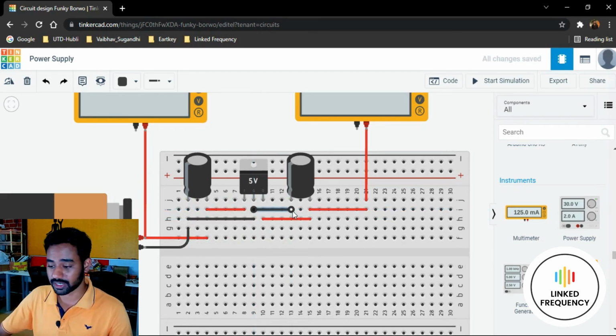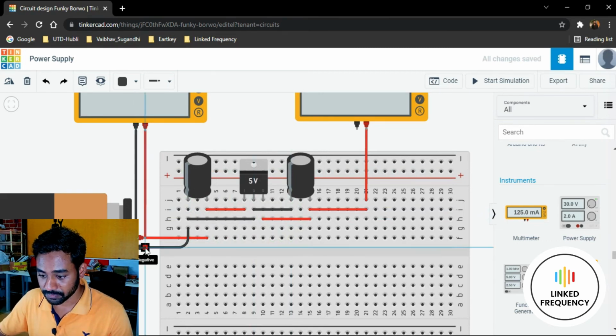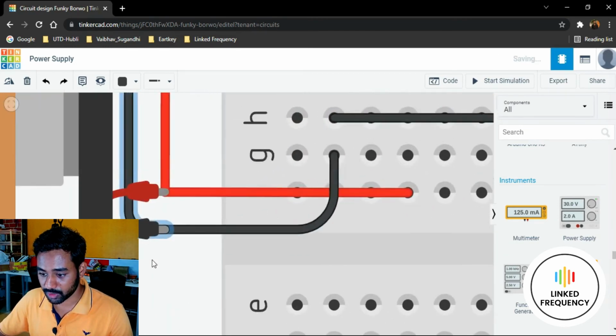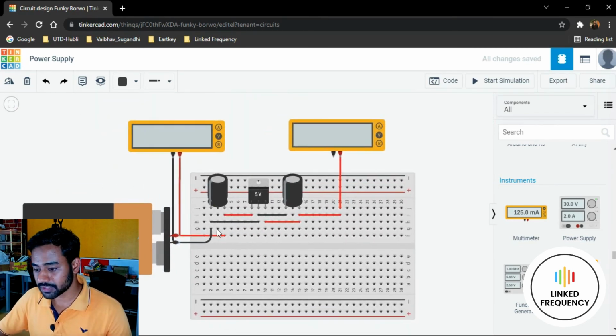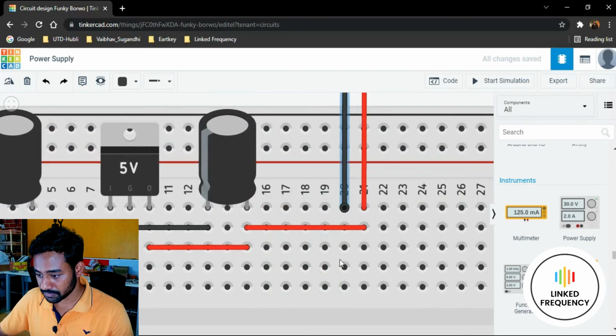to the output capacitor negative point, so that my circuit is complete, wherein my voltmeter is not yet complete. So let me finish that too. By doing so, I'm just connecting to the negative point of the battery. Thereafter, we have the output measurement device, that is the negative part of the output multimeter, which I'm going to connect this way. And let me see how can I do that. Yep, we can do it this way.